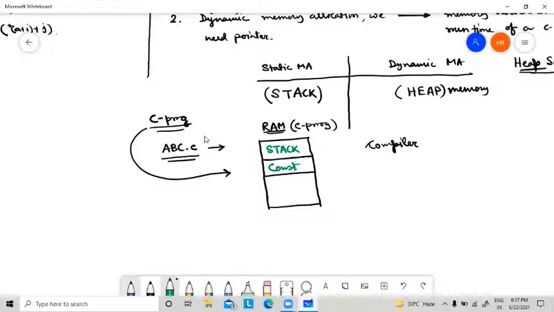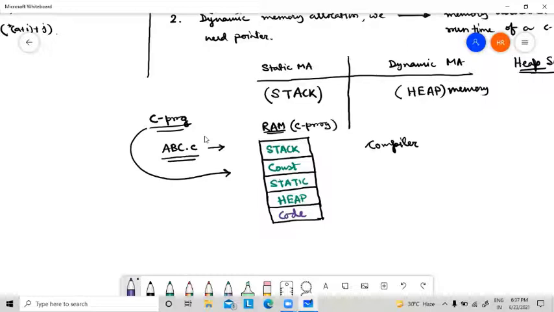Another portion is called static. Remember these things, static. Another portion is called heap. And there is another part of the memory which is for storing the code. So these are the memory divisions for a particular C program.